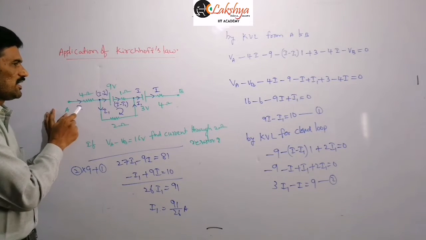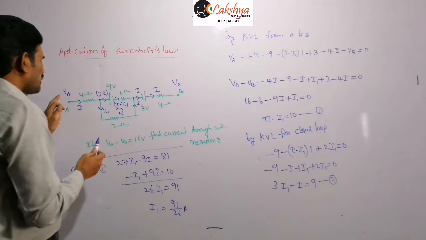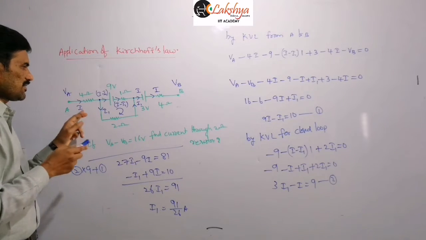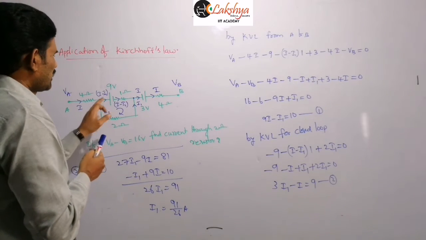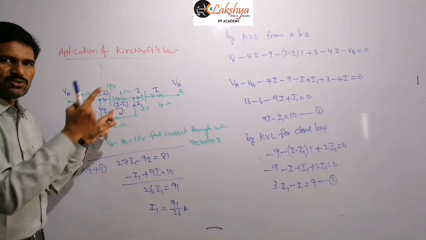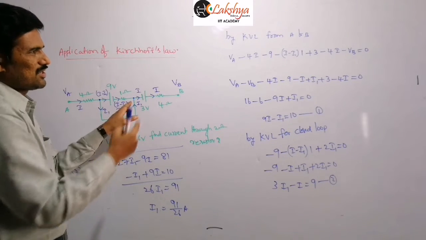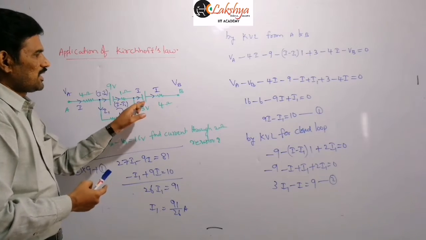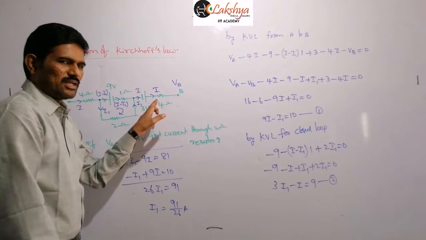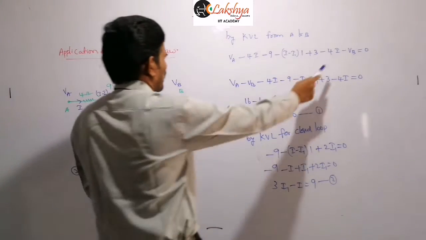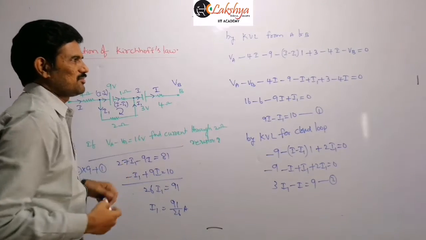For point A, VA if you are taking, this is the potential VA and this is the potential VB. So then VA minus, the remaining sign convention is usual. So we are traveling in the direction of current, minus 4I, and then this is a cell, we are traveling from positive to negative, so minus 9, and for this we are traveling in the direction of current flow, so it is minus I, or I means here I minus I1, and here we are traveling from negative terminal to positive terminal, so it is plus 3. Next for this we are traveling in the direction of current, so minus 4I, and this value is equal to minus VB, that is, minus VB is equal to 0.